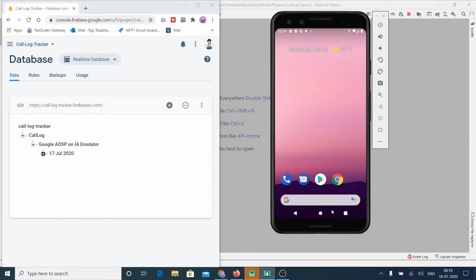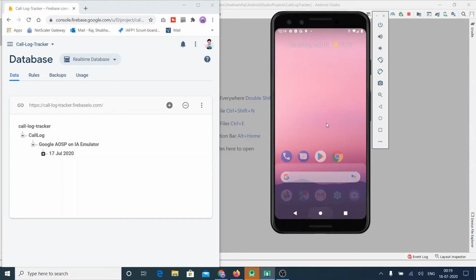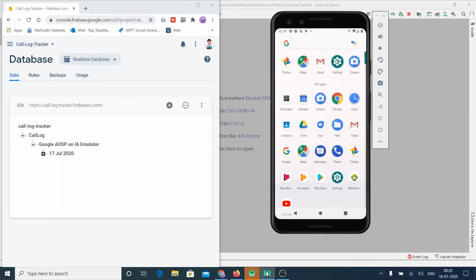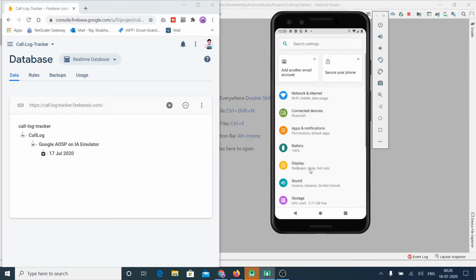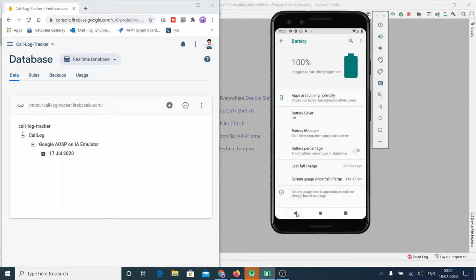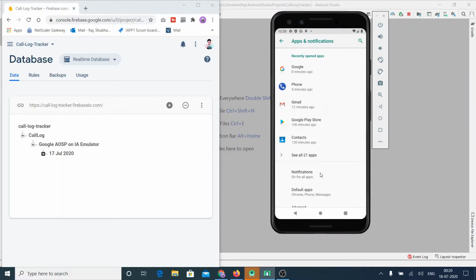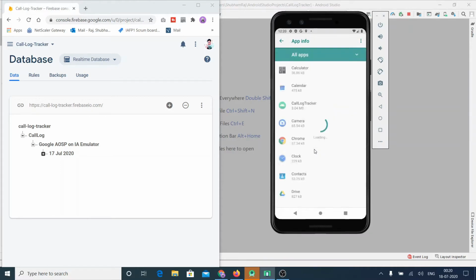So how can you track that this kind of app is running inside your phone without your knowledge? You just have to go through the settings and check the app list, so that you will have the list of your apps. And from here, if you find any app which you didn't install, you can directly uninstall it from here.